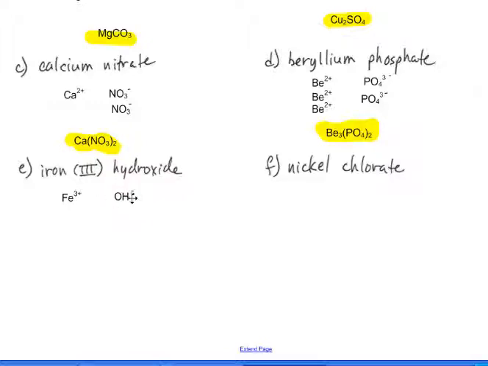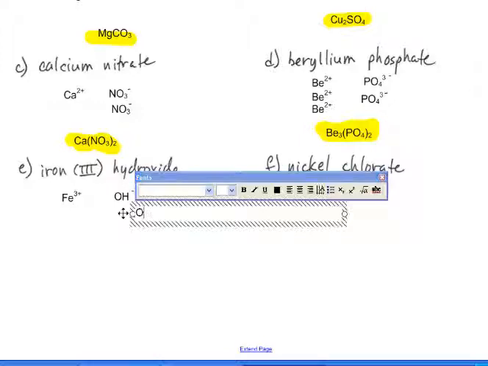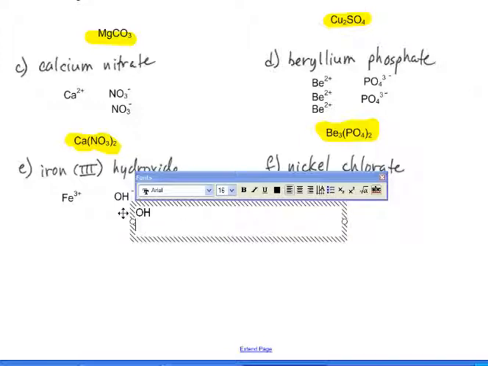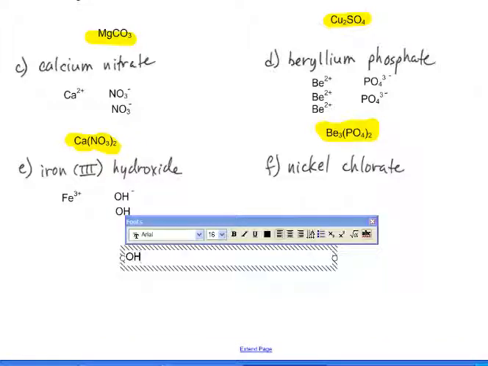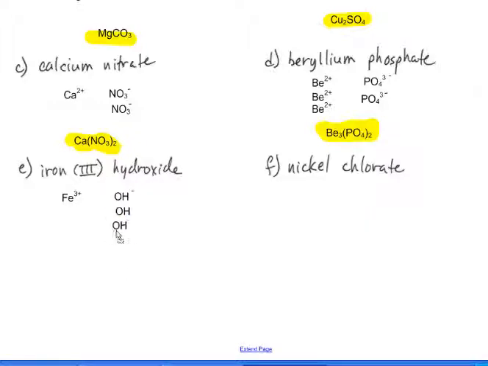Since each one is 1, that means, of course, we're going to have 3 of these. So if I have 3 of those there, we can see that 3 positives, 1, 2, 3 negatives, that'll